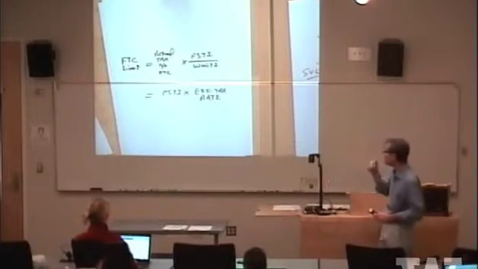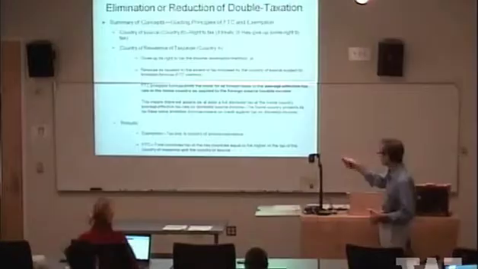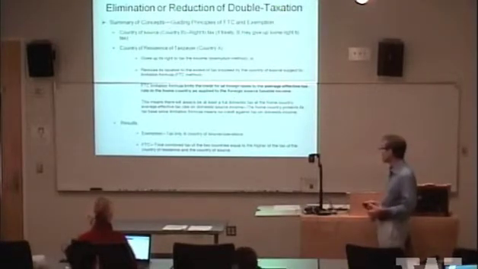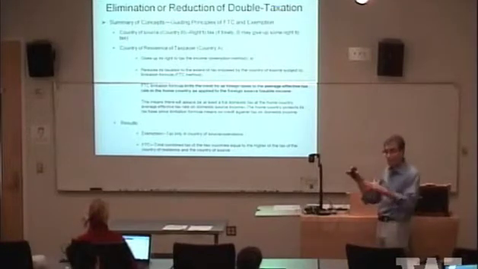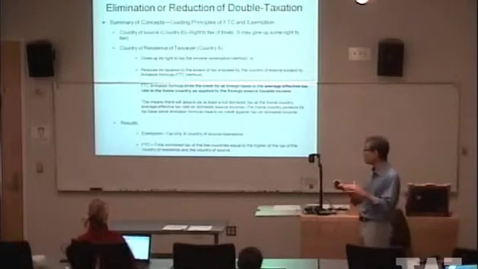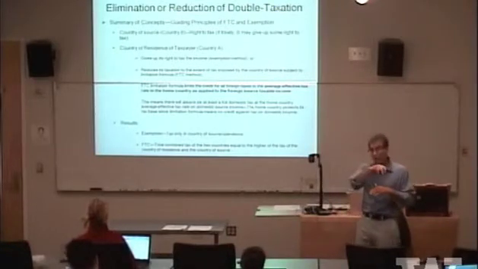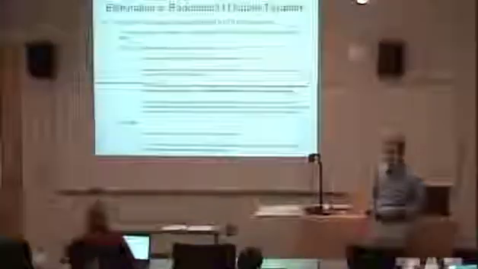So this is the typical thing you see, average effective tax rate being what's important. The results of all this: if you have the exemption method, it's taxable only in the country of source or operation. If you have the foreign tax credit, you have tax by both countries, but the total is equal to the higher of the two countries' tax.